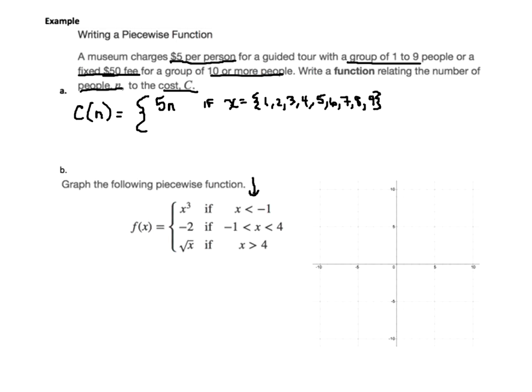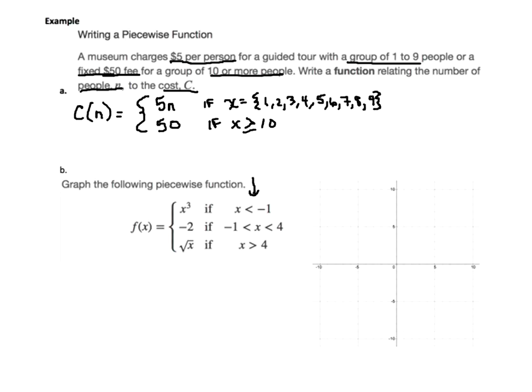And there's a reason we're not graphing this, because this graph would get crazy. It'd just have dots at each of those because you can't have half of a person, so it's not continuous. But this is just the idea of how to set up a piecewise function. Okay, so the next piece of it says, well, your cost is going to equal exactly $50 if x is greater than or equal to 10. So 10 or more, flat fee of $50. That's how you'd write that piecewise function.